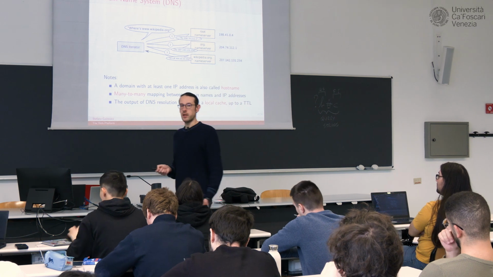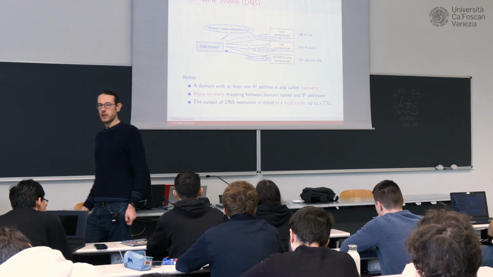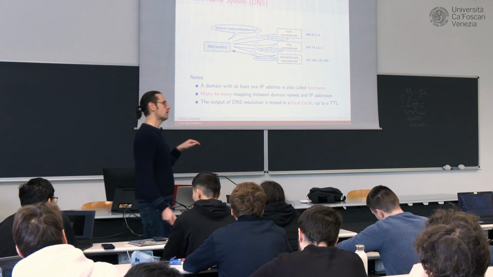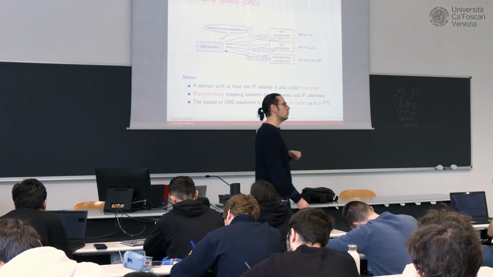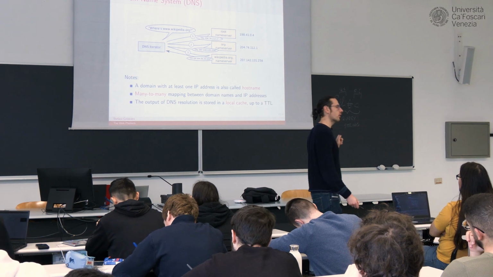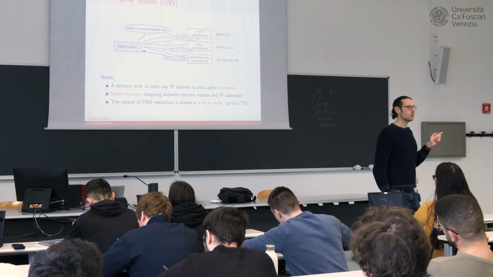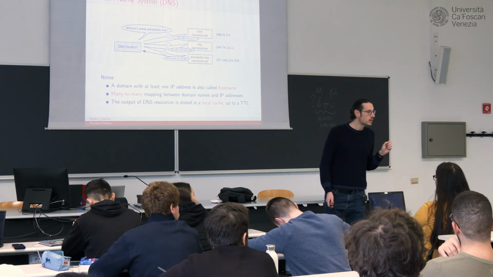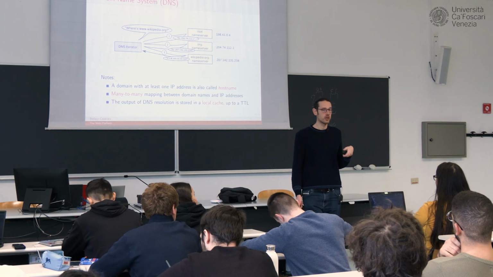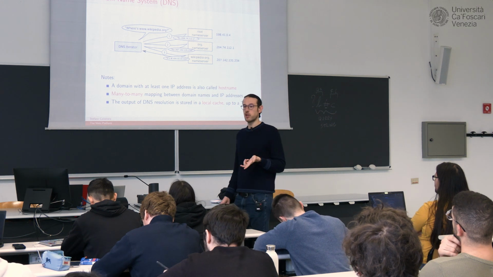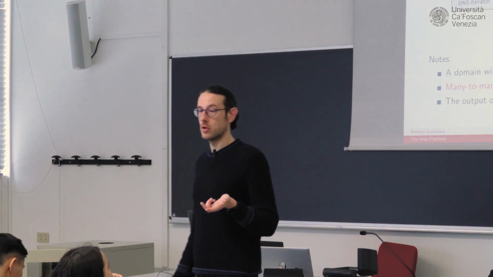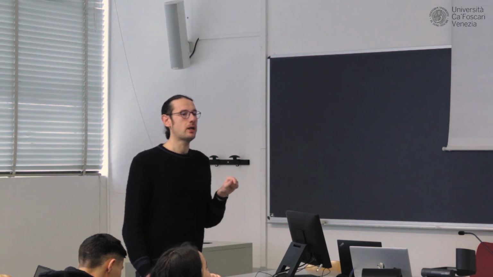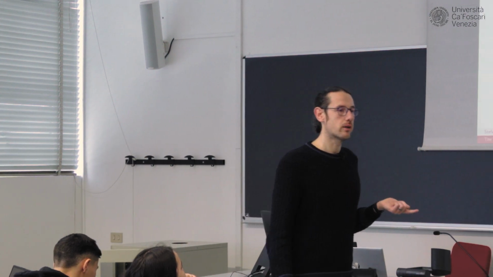Why is it many-to-many? So let's reason together. Why is it common, for example, for one domain name to be associated to multiple IP addresses? So why do we think it's useful? Redundancy, so for fault tolerance. So it might be that some machine is unavailable, or for balancing the load. Load balancing can also be an option. So the intuition that one domain can map to multiple servers is reasonable.